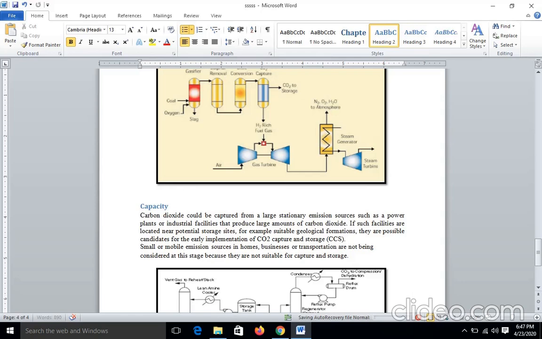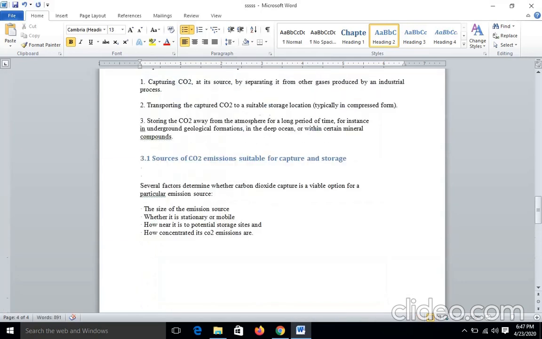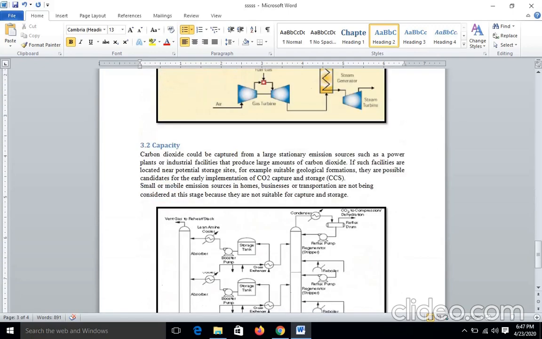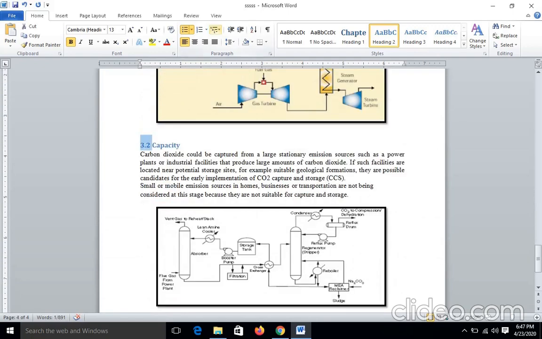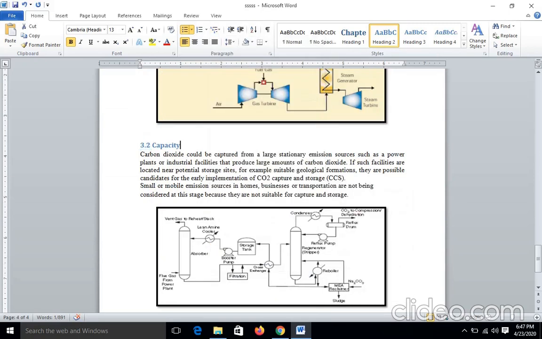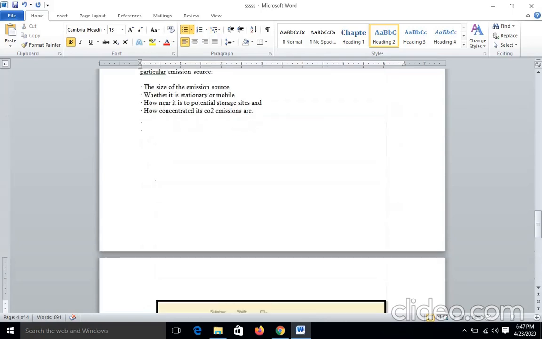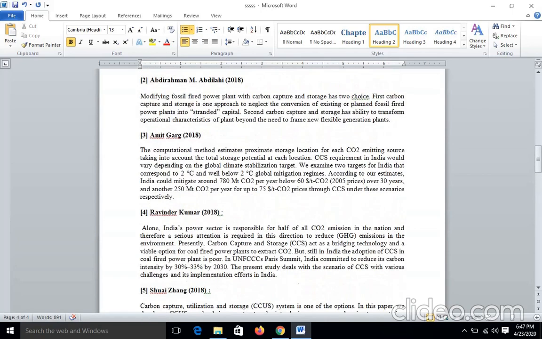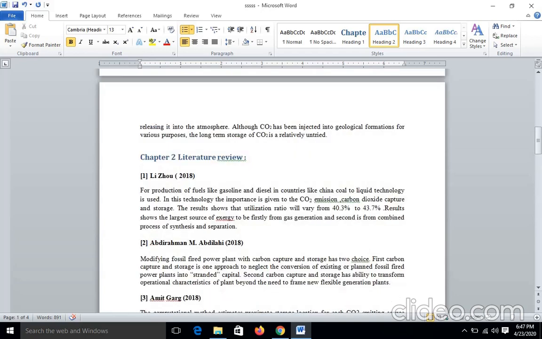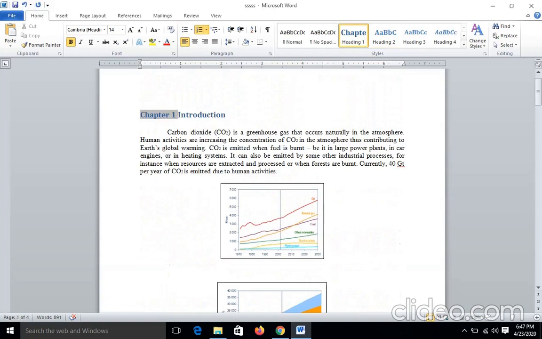You can see I have written 3.2, I have selected it, gone to the multi-level list option, changed the list level and selected heading 2. So this is how you need to number the chapters first of all, so that your figures will have figure 1.1, figure 3.1.